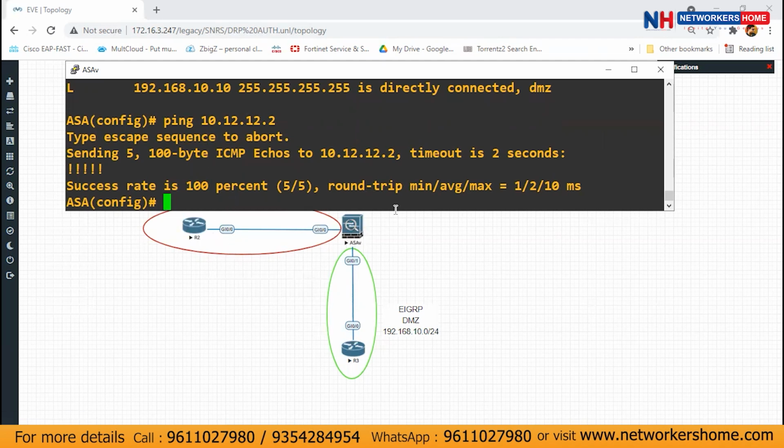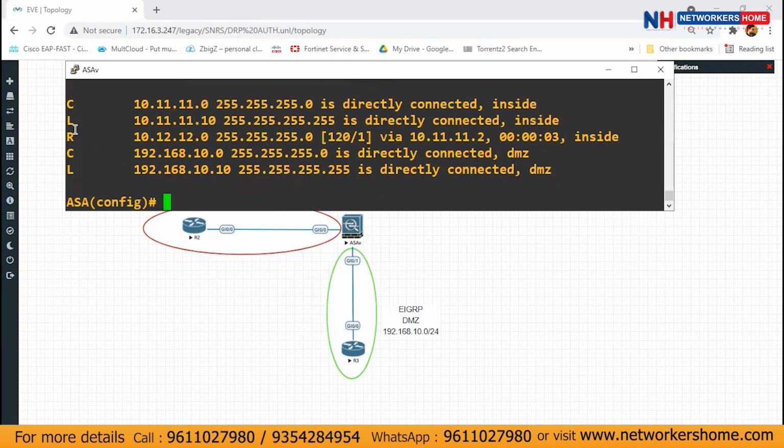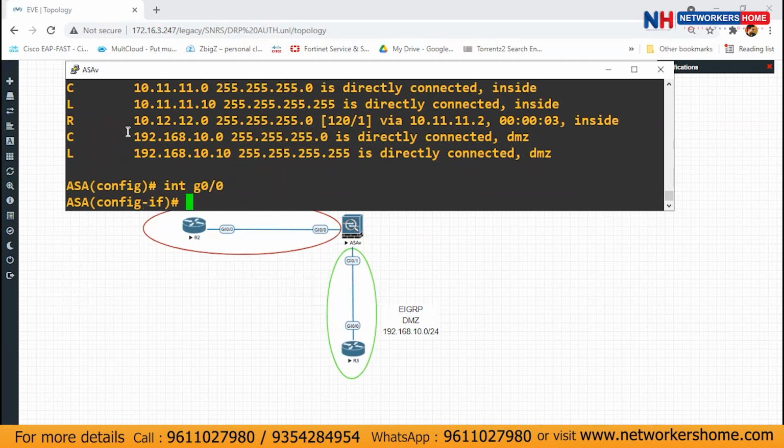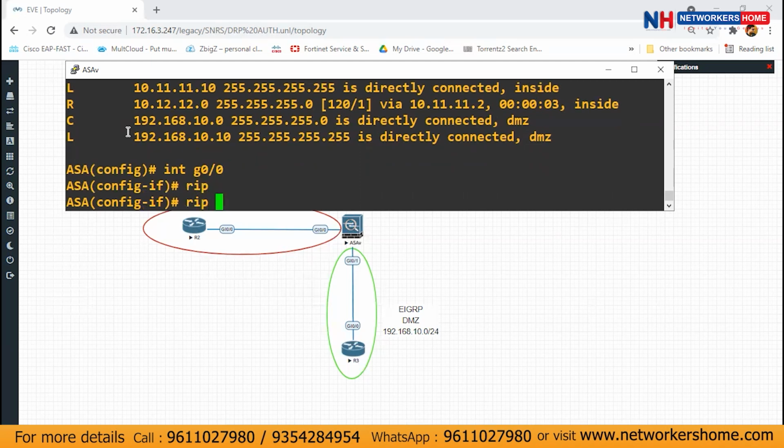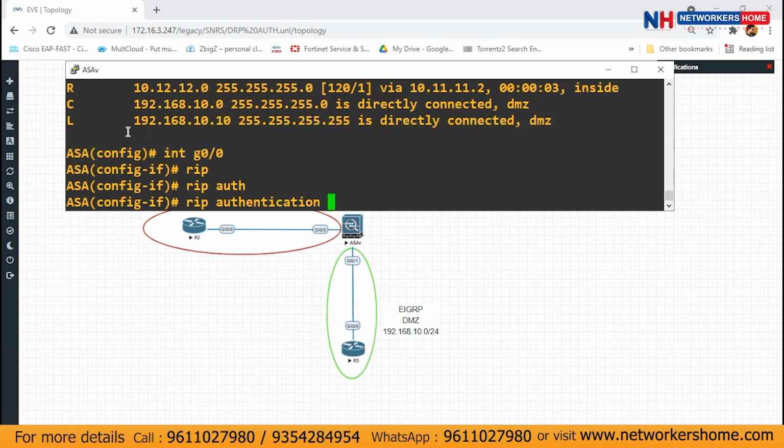Okay, so on the ASA firewall, first of all, I'll implement the authentication, and let's see whether the neighbor ship goes down or not. Make sure that you see here the neighbor ship of RIP is configured. All right, so what I'll do, I'll go to the interface G0/0, and I'll say here RIP authentication,